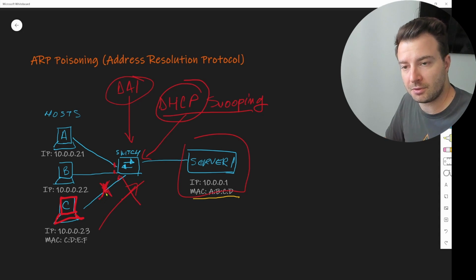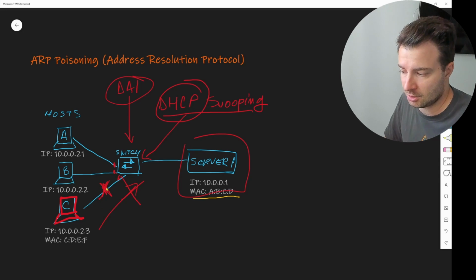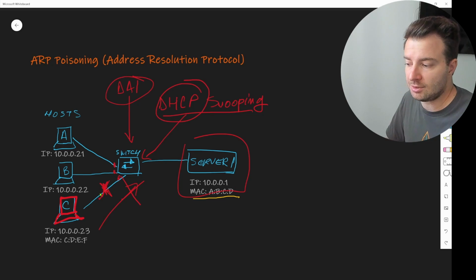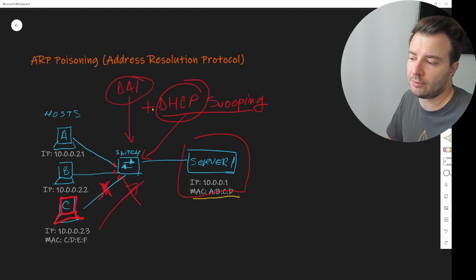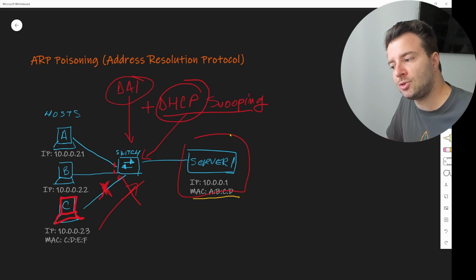The switch knows that server 1 is not located on this connection right here towards host C, so it's not going to accept any ARP replies that claim to be server 1 coming from this switch port. So these two together here are going to solve us the problem of ARP poisoning, but you do need to